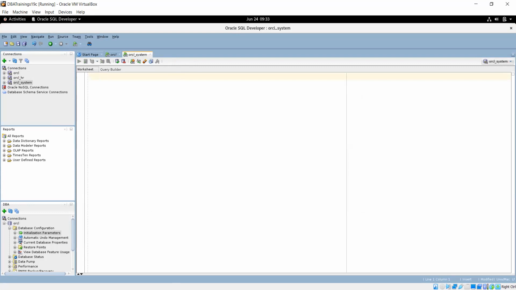Okay. Now what I'm going to do here, since we have a system user here, we have this one. We have connected it. No problem. Now let me see my tables and other things. So object-wise, if you can see in the system, you can go to the other users, and here you can find the HR users we have, where our tables and other things are kept. You can see all the tables from here as well.